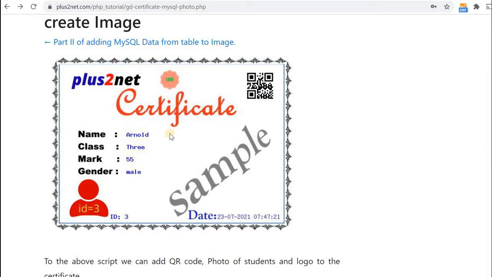In the previous tutorial, part 2, the link is available here also. We discussed how we collected data from the MySQL database. This data is name, class, mark, gender, and ID, and the system has added the date and time to the certificate. Now in this tutorial we'll learn how to add this image: the photo of the student, then this logo and this QR code. These three things we will add and learn, and you can download the zip file available at the end